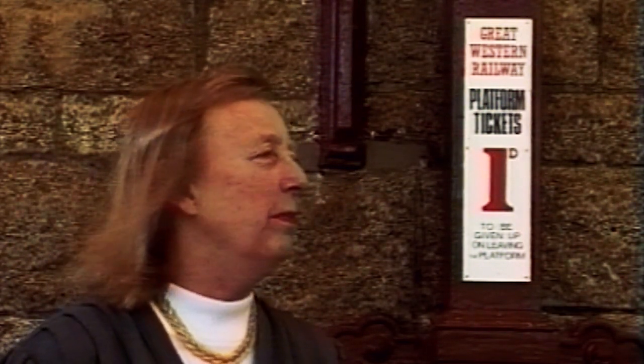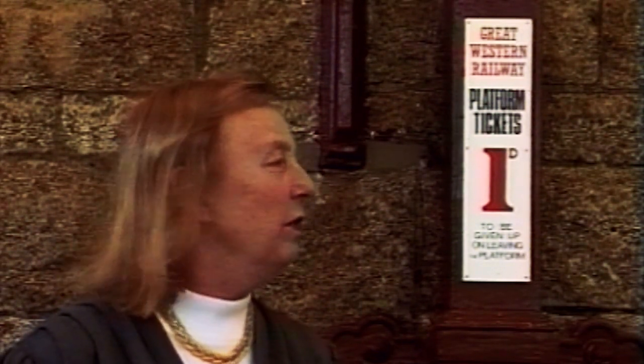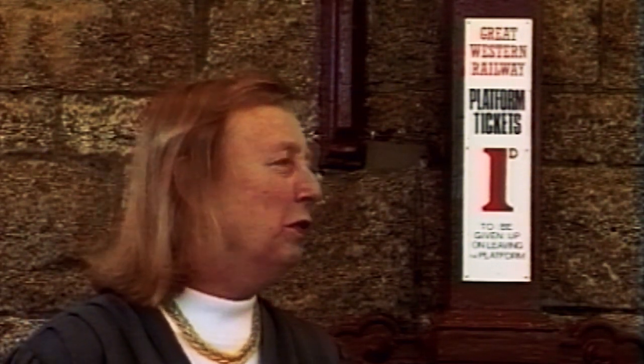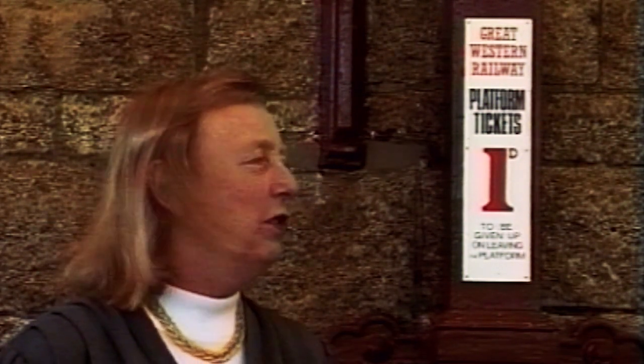A year later, when we'd already bought a house, we received a note through the door to say that a local estate agent was now selling Loddiswell Station. Were we interested? Of course we were, but by that time we were heavily committed. I went down to the estate agents to find the details,